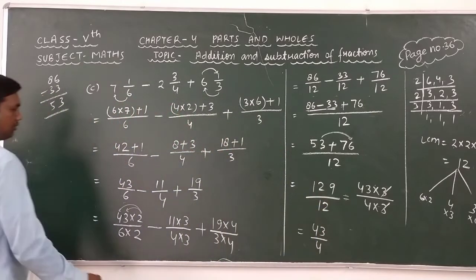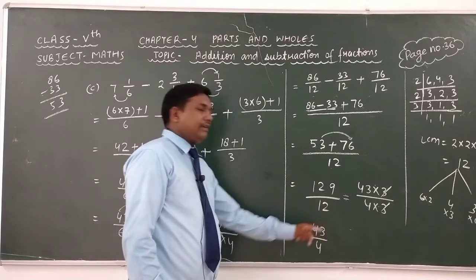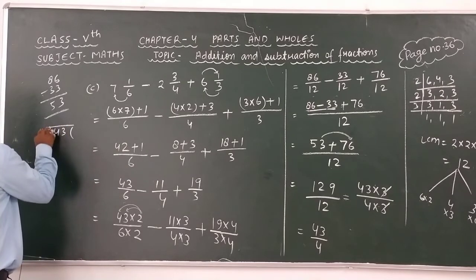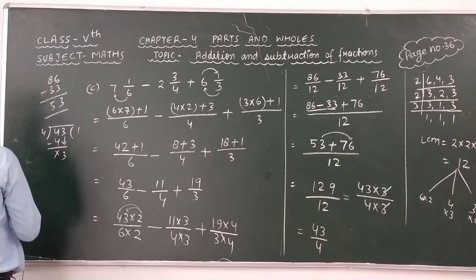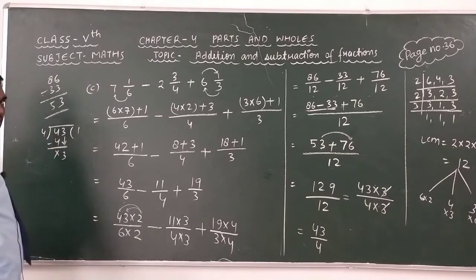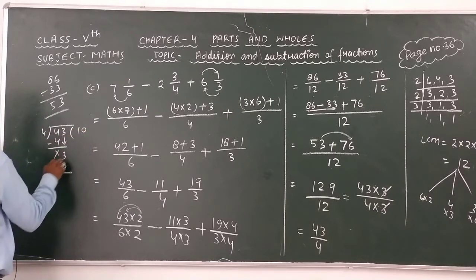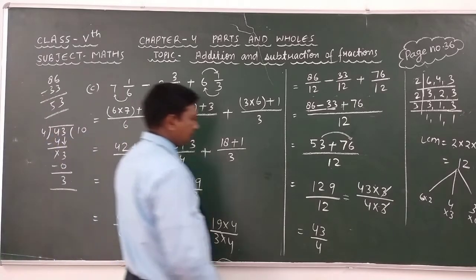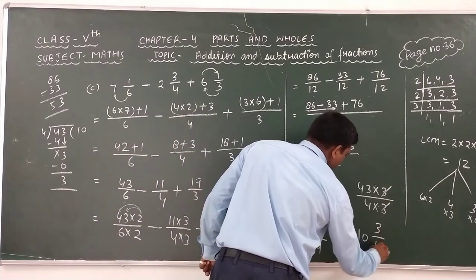Okay, students, this is an improper fraction. Therefore we have to change the given improper fraction into a mixed fraction by taking the division of 43 by 4. 4 1s are 4. After subtracting this we get 4 minus 4 is 0. It means that it cancels out. Here we have to take 3 as same. We know that 3 is less than 4, therefore we can take 0 as quotient. 4 0s are 0, 3 minus 0 is 3. This is the remainder. Okay, then after solving these we get 10 whole 3 over 4.